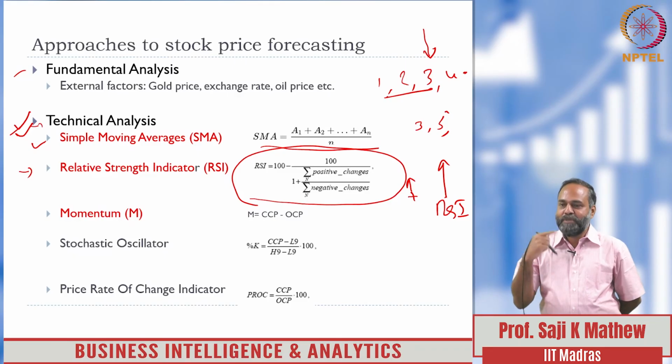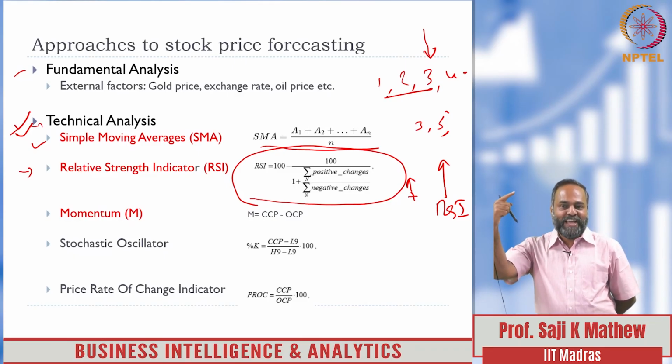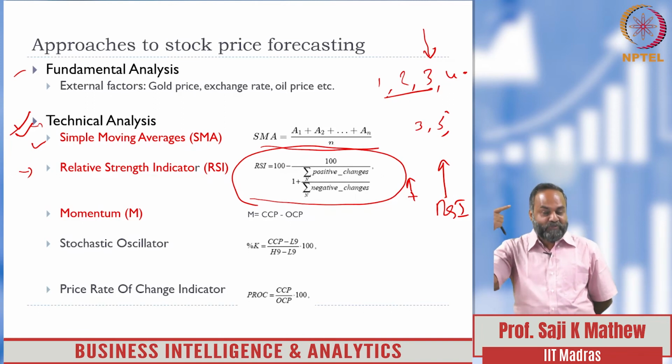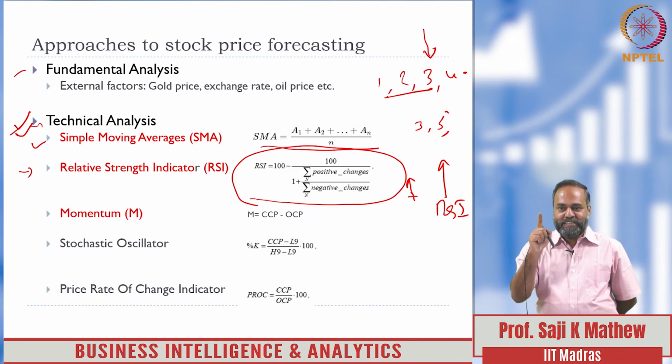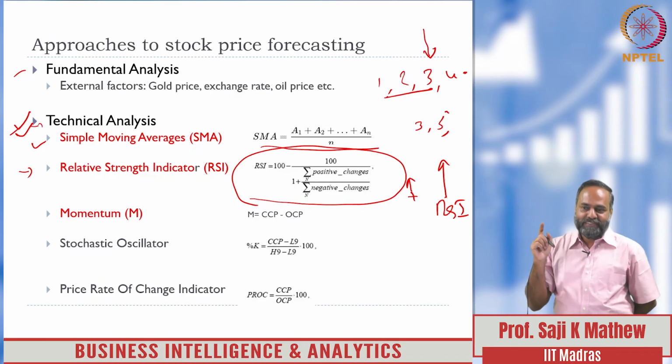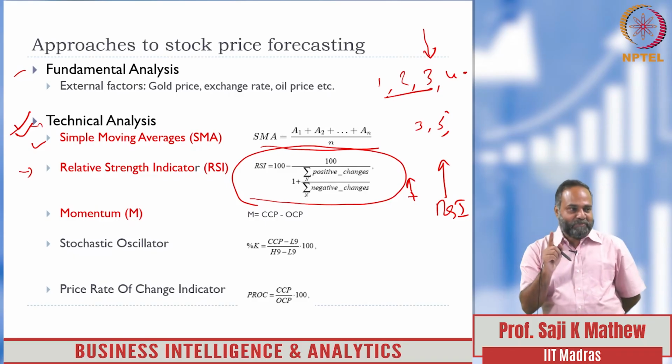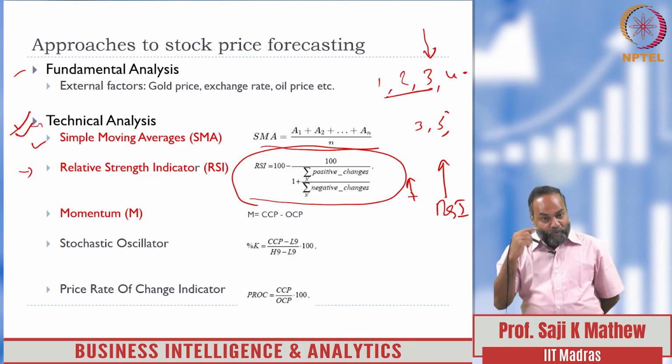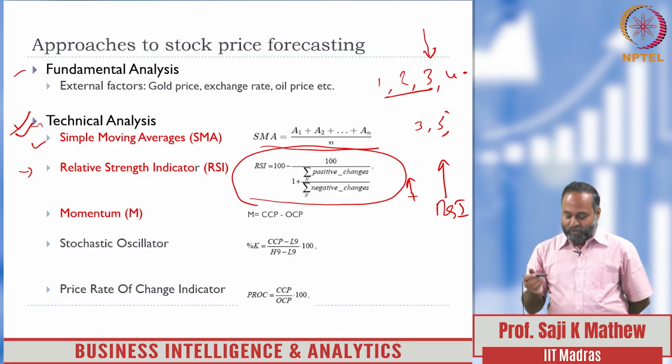The asset has increased, its price has been going up, and it reached 80. So the positive movement is very strong. Is it a buy signal or a sell signal? It's the right time to sell, because anything that moves up is probably overvalued and may come down soon. So it generates a